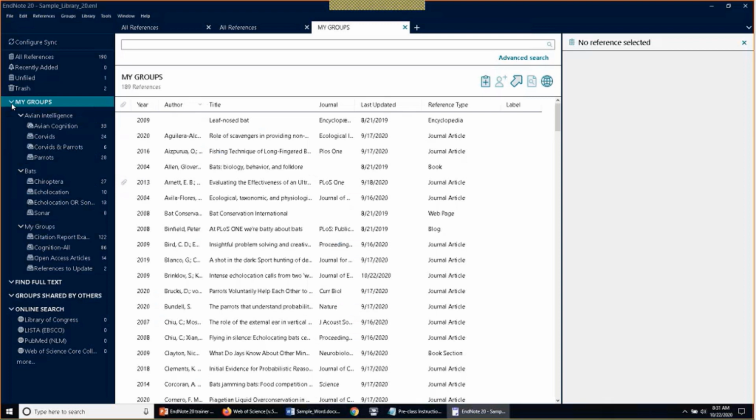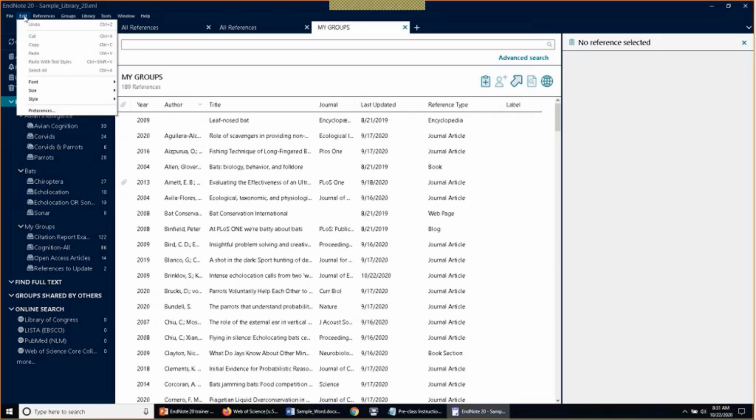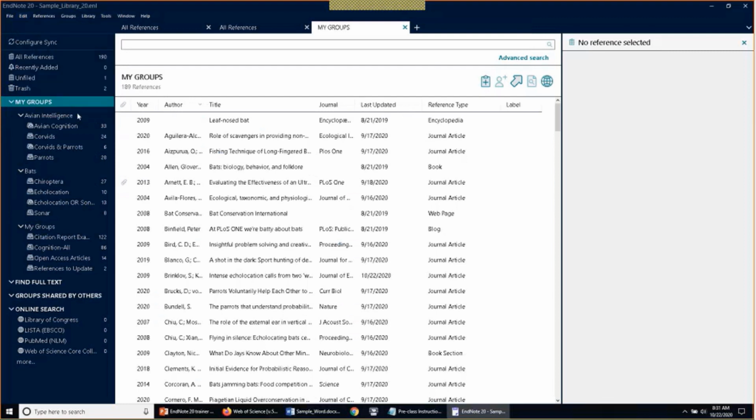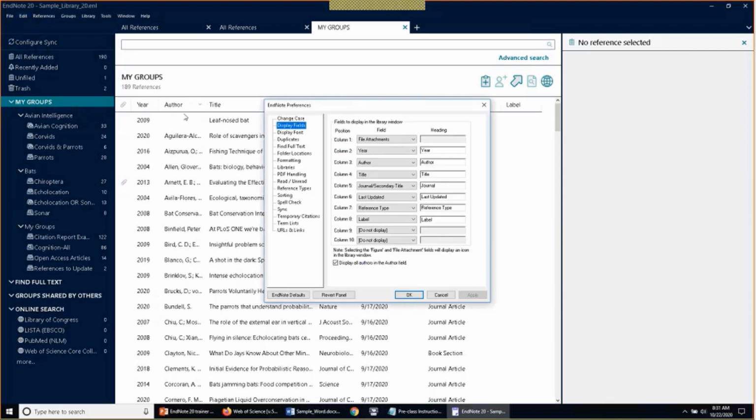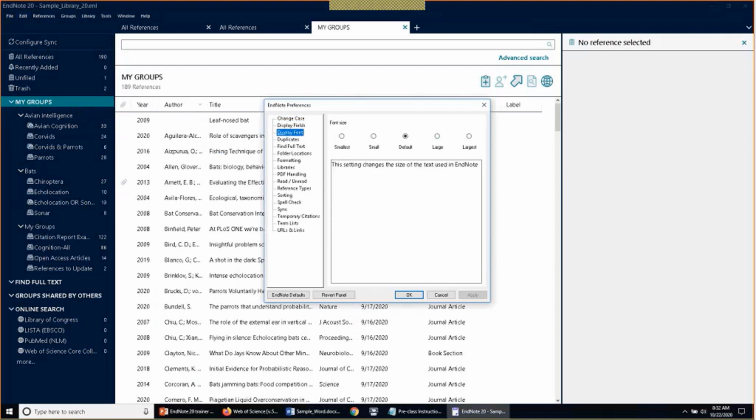interface, is that we've streamlined how you would modify the display fonts, the font size in EndNote 20. If I go to the Edit drop-down menu, that's still where we would find EndNote's preferences on Windows. So if I go to the Preferences screen again, this is where we had navigated a little bit earlier when we were taking a look at the display fields. But if I go to Display Fonts, instead of choosing various fonts and various sizes for the different elements of